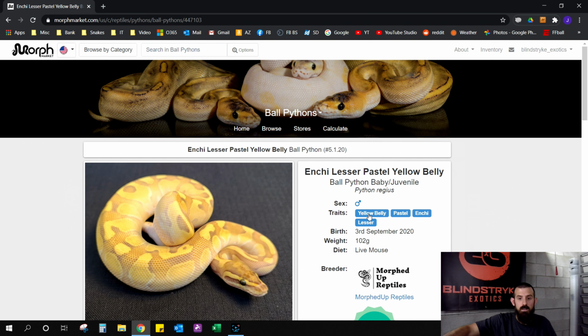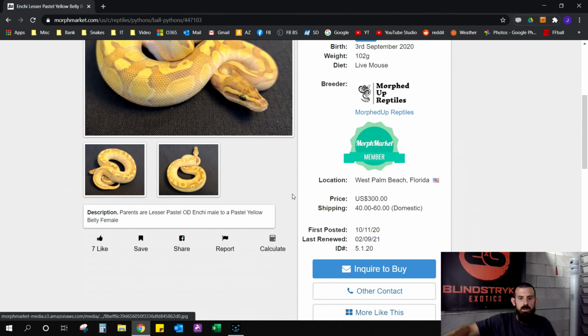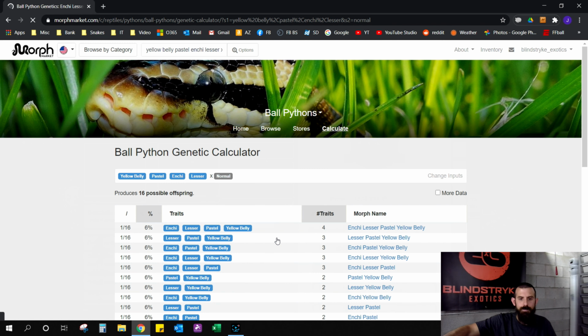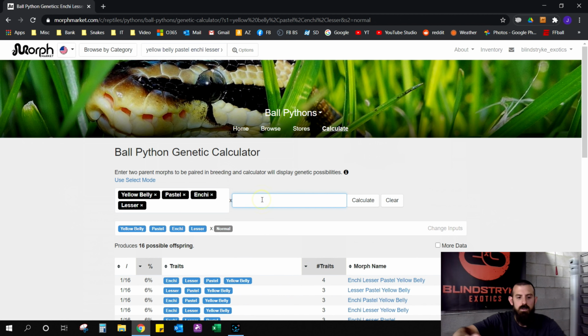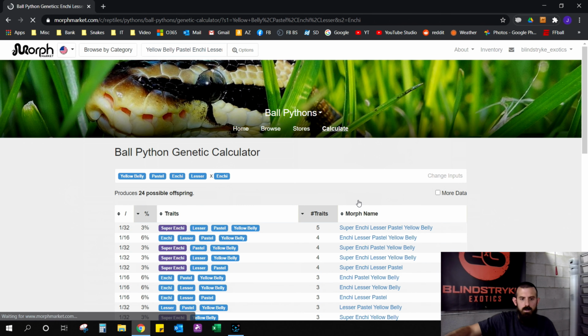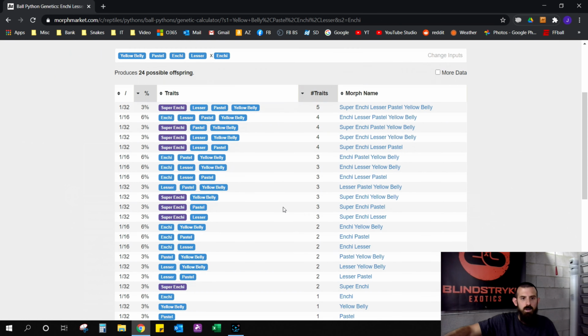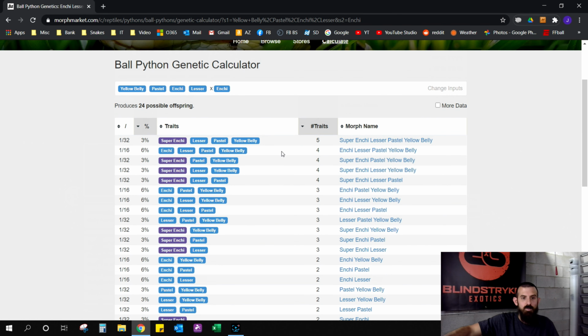So this is listed as yellow belly, pastel, enchi, lesser. So it's a 4 gene animal. Beautiful. Let's go to calculate, and let's just type enchi in here. Let's stick with enchi gene. Oop, that's not how you spell enchi. Calculate, and then you have 24 possible offspring from this combo,